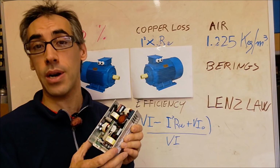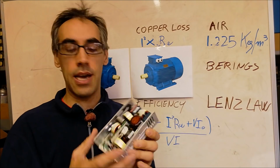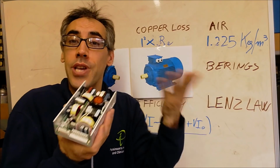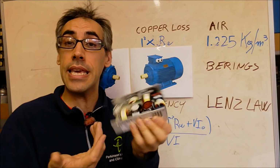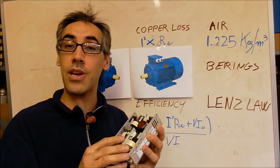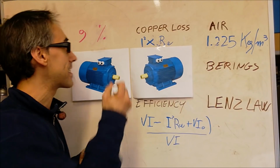Copper loss, very little copper loss. Iron loss, almost no iron at all in here. Very little heating, so we don't need a big cooling fan. All we need is just a little bit of aluminum as a heat sink. That's plenty. Air: nothing's pushing air here, so we don't have the air energy loss. Everything is static on a board. Bearings: we've got no bearings, so forget about the bearings. Lenz's law, very little Lenz's law and eddy currents, because we have very small transformers and they work on high frequency. So definitely the efficiency can go well up to 98%